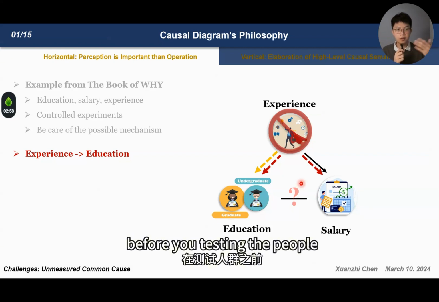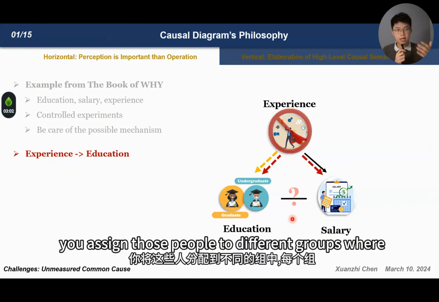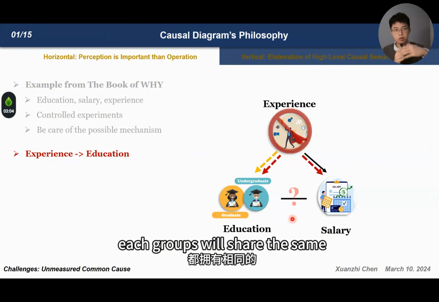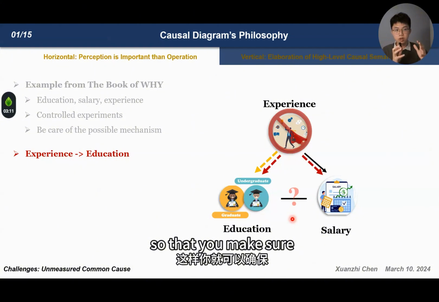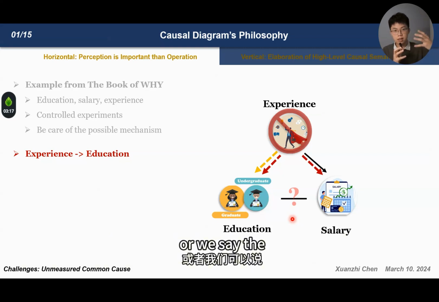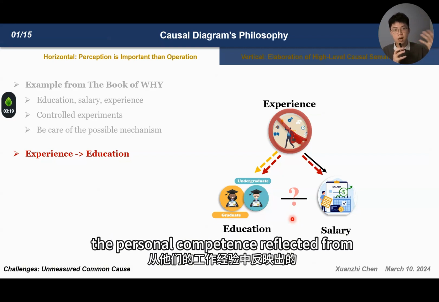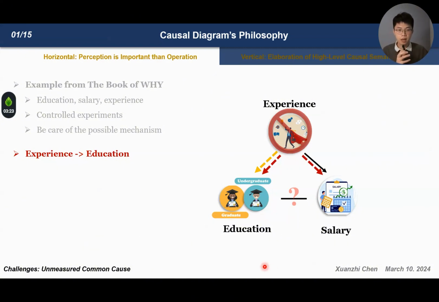That is, before you test your sample, you assign those people to different groups where each group will share the same years of working experience, so that you make sure the people you're testing are under the same level of working experience. Say the person's competence is reflected from their working experience. Okay,